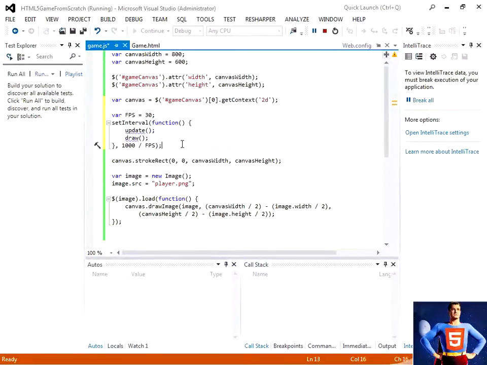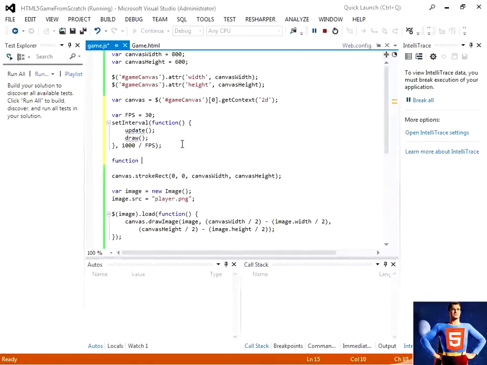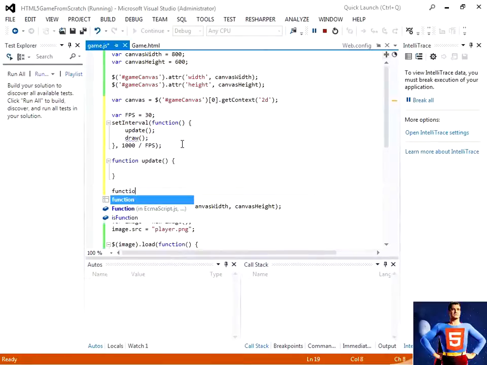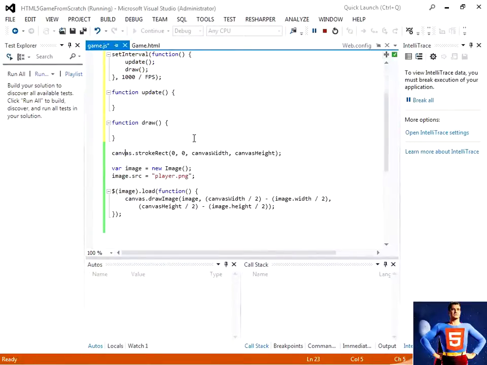So let's go ahead and create an update and a draw function. So we'll say function update, and we'll just leave this blank for now, and we'll do a function draw. And let's move our drawing code into our draw. So let's make sure that we go ahead and draw our rectangle, and then let's go ahead and add this